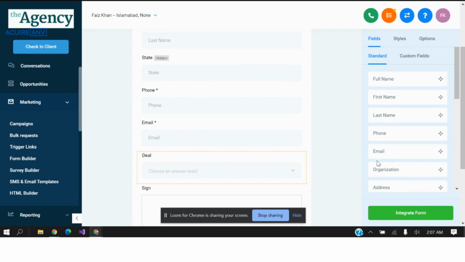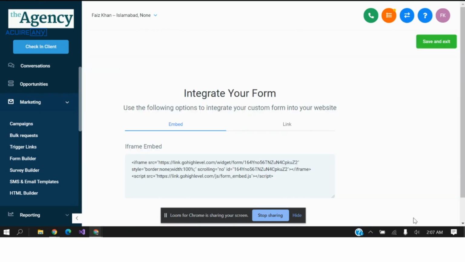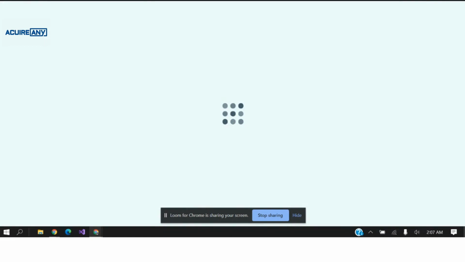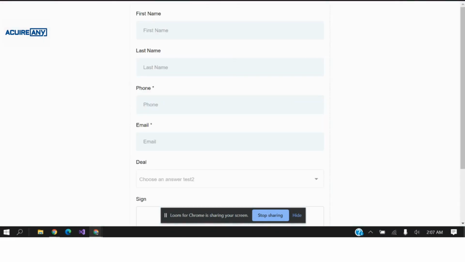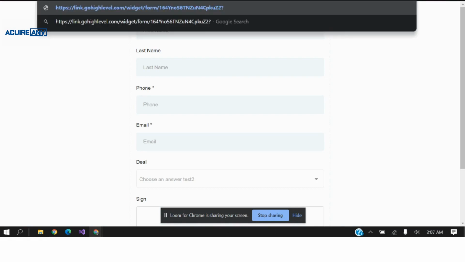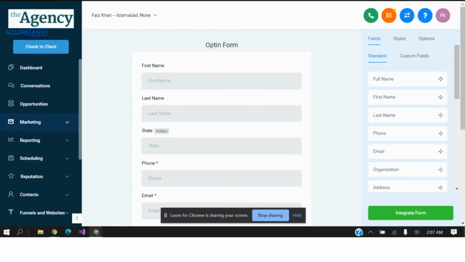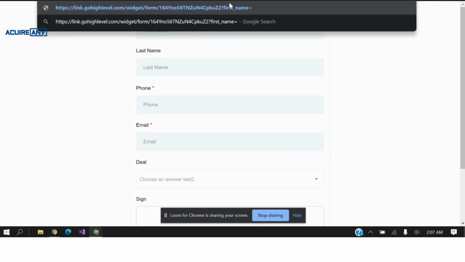So now let's do a quick test of how this is going to work. I'm going to open this form here, and then I'll go back to my form builder so that I can be sure what values I should be using for the parameters. And when I have to do this, all I need to do is place a question mark, and then if I want to fill in the first name, I'll copy this, go here, and hit equals to Fez,